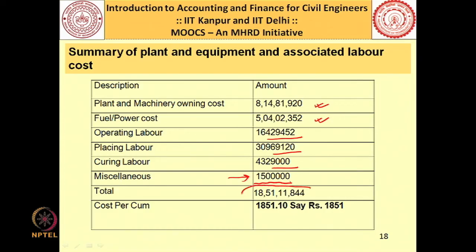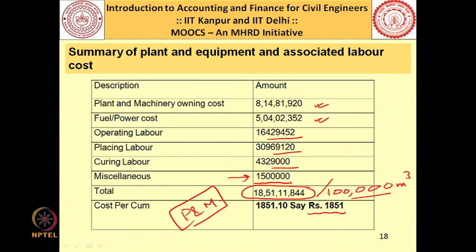I can add it up total, and this I am dividing it by 100,000. What is 100,000? Remember 100,000 cubic meter concrete is the total scope that we have to do in 16 months. So that gives me 1851 rupees per cubic meter as far as the plant and machinery cost itself is concerned,